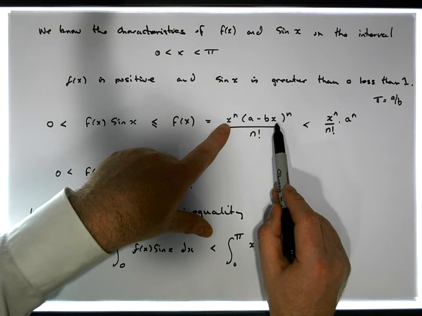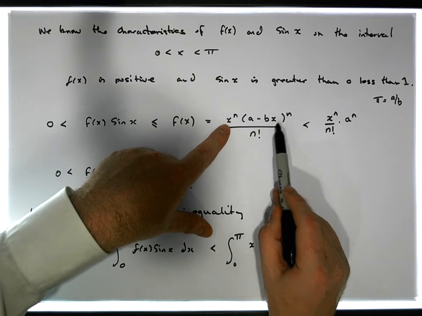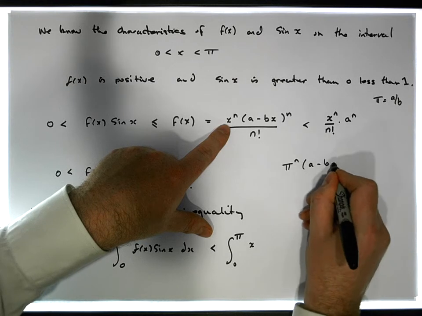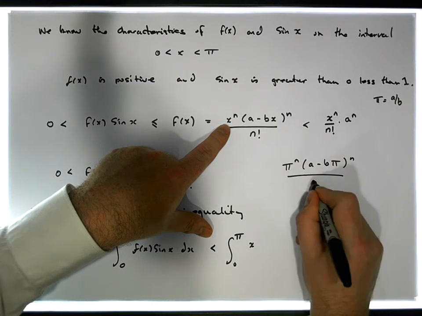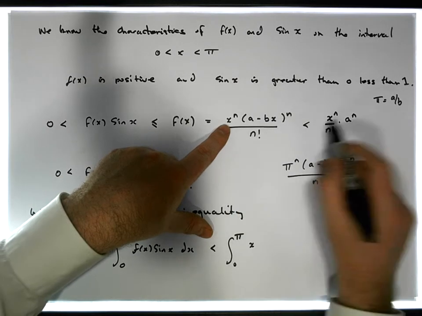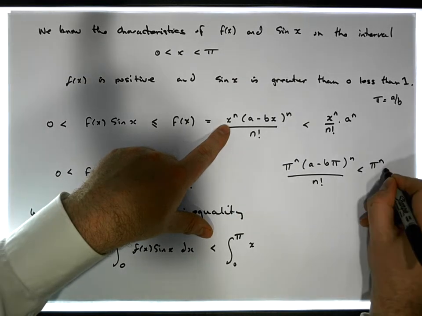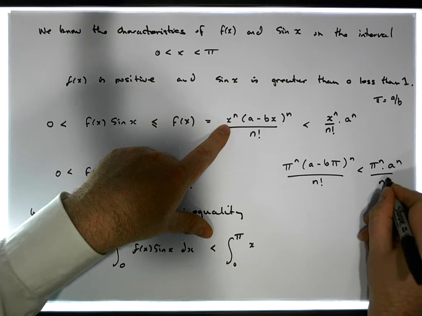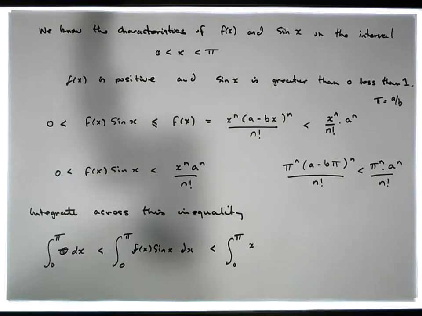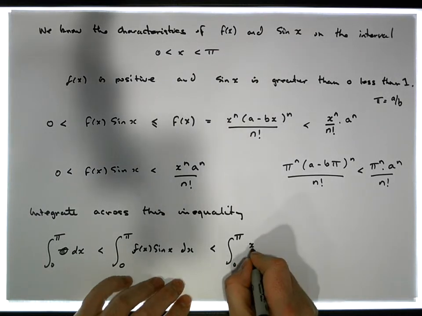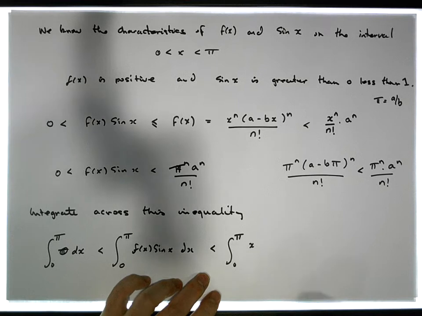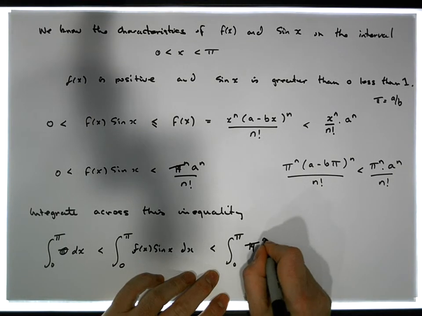this here becomes pi to the n times a minus b of pi raised to the power of n over n factorial. I made a little bit of a jump ahead here. Which now by definition is less than pi to the n times a to the n over n factorial. It's the same thing here, just evaluated at pi. So that is less than that, if that makes sense. So actually the integral of this thing here should be pi to the n a to the n over n factorial dx,